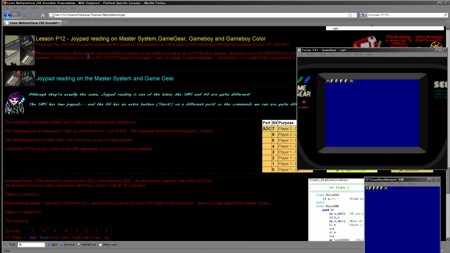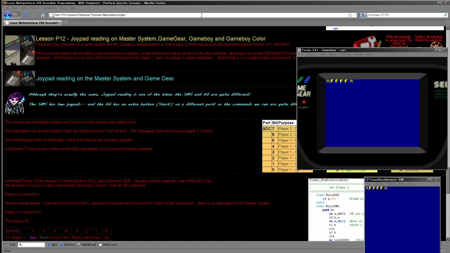Of course, those systems don't have a keyboard, so we're not going to read in letters, but we are going to read in the joystick inputs, and we're going to read them in the same format as we did for the computer-based systems, so that we can have the same code working on all the systems. And in case you can't guess, this code is in use in my Grime Z80 project, which is why I was able to make that game work on all of those systems, all 11 systems, in just 7 days. So this code is already in use, it did work, and because it's compatible,